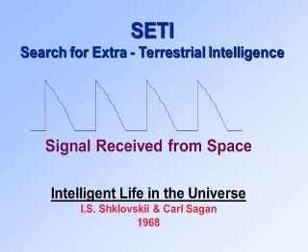Well, I brought along another little book here. This was required reading in my astronomy class in 1967. Intelligent Life in the Universe by Carl Sagan and I.S. Shklovskii. And I want to tell you, it's full of reasons to believe there's intelligence out there. You see, Carl Sagan believed even in our Milky Way galaxy there had to be millions of other civilizations. The chances of it having evolved lots of other places is so great, there had to be millions of them.